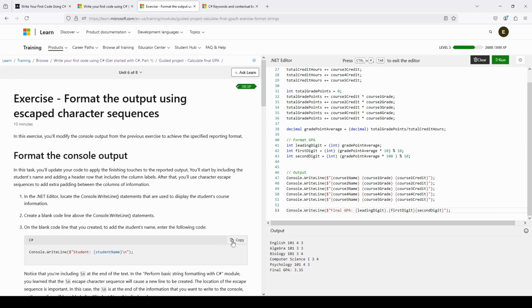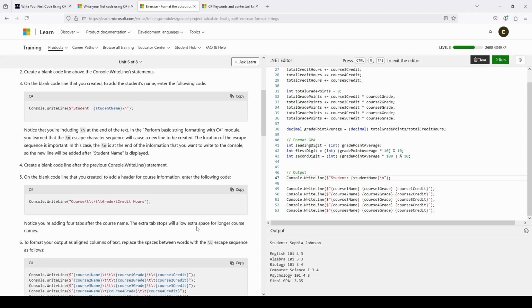Okay, we're just giving it a header. The extra new line creates a line between the name and the rest of the output. On the blank line you created, create a header. So course,